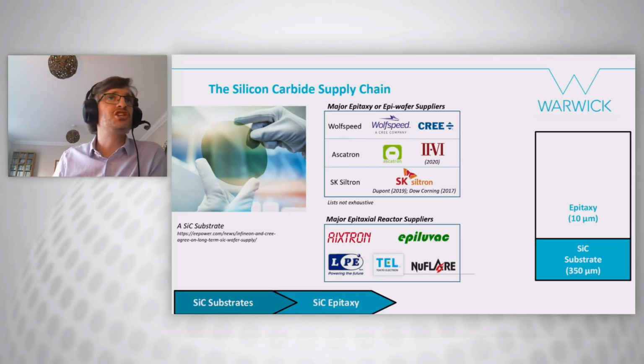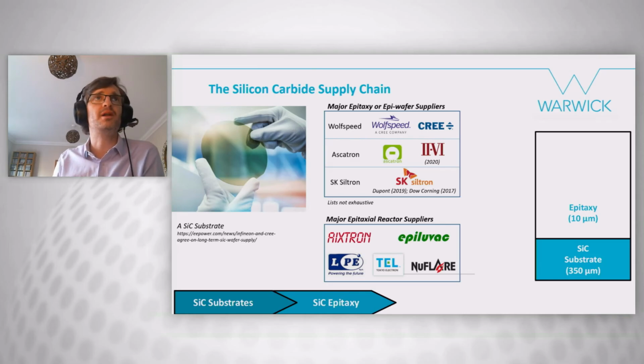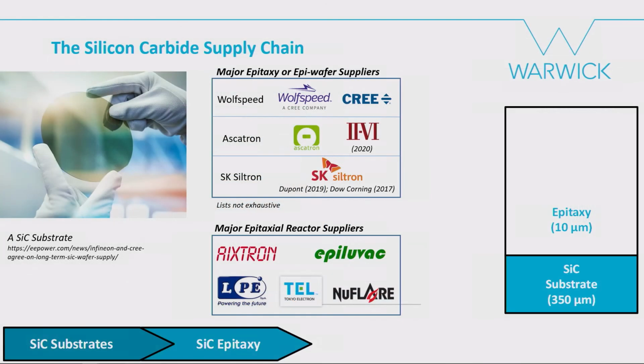And the next step of the chain here, I point out the companies who supply epi-ready wafers. So wafers, silicon carbide substrates with the epitaxy on top. This is in the knowledge that some of those other chip manufacturers have this process in-house. These three companies listed here are the companies I would be going to purchase the epi-ready wafers, and that's Wolfspeed,